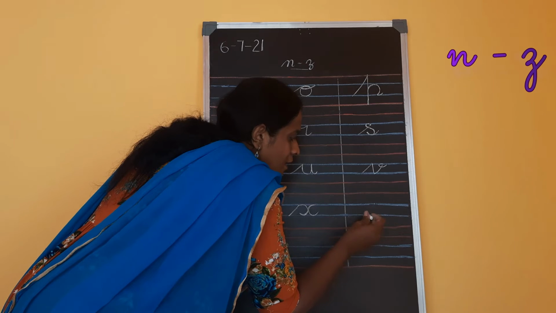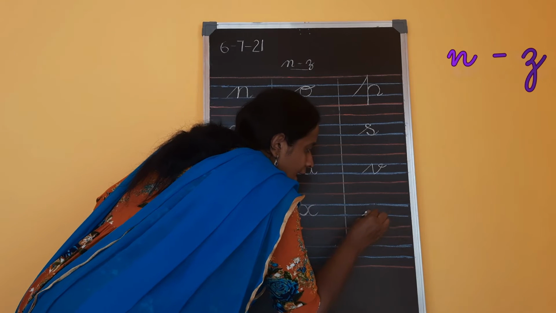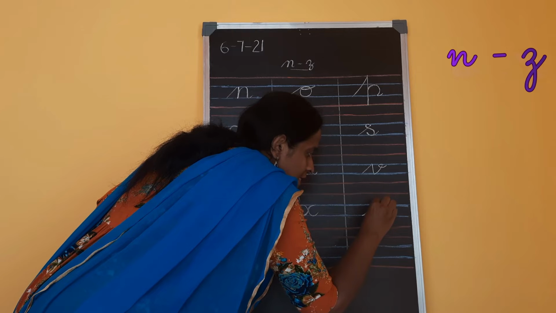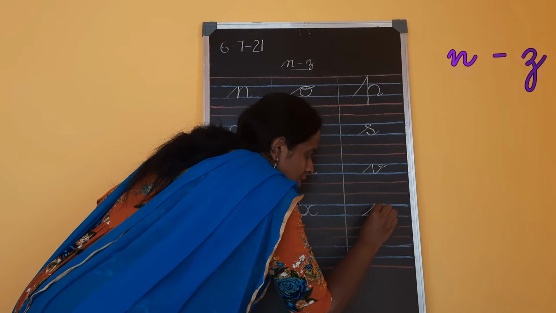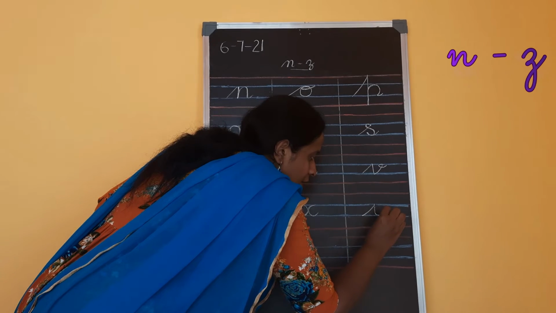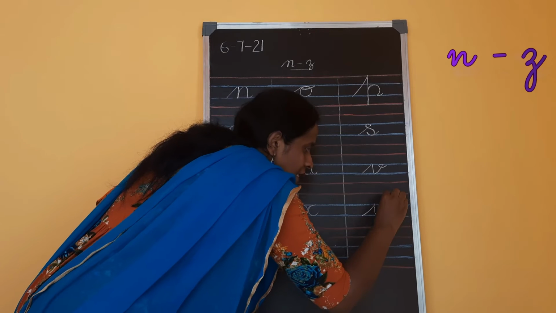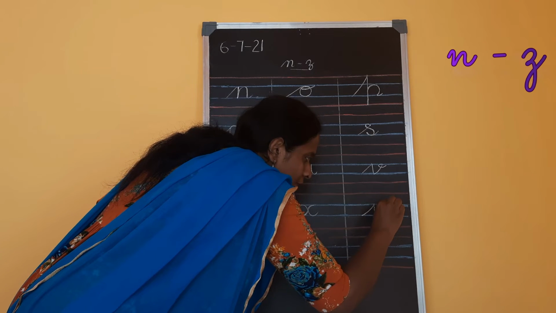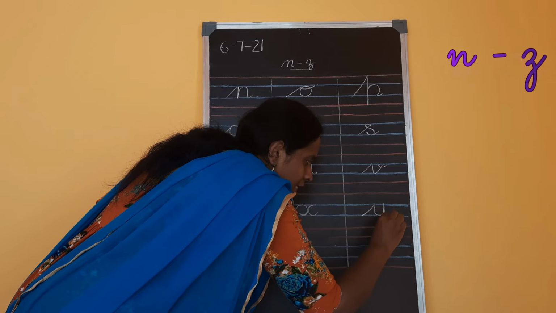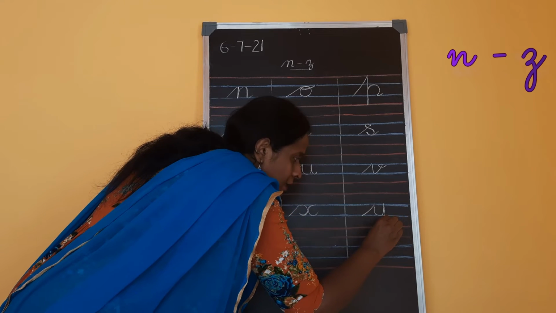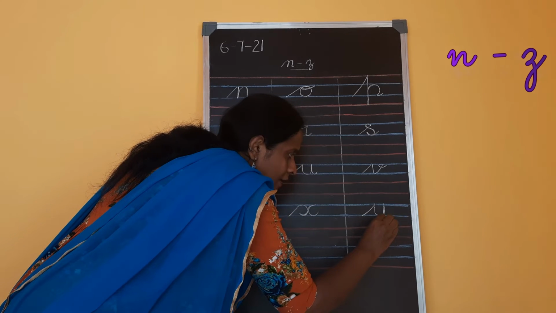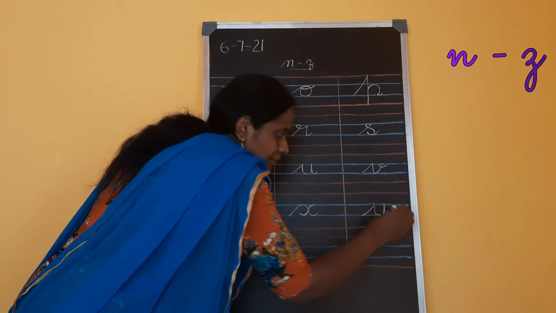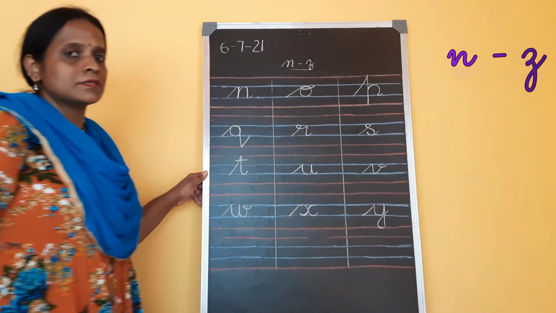From the second line, go up with the slanting line. Touch the first blue line. Come down on the same line with the standing line and touch the blue line. Go up with the up U curve. Touch the first blue line. Come down on the same line with the standing line. Touch the second red line. Now make a small turn here. Cross over the standing line and leave. This is how you write cursive Y.